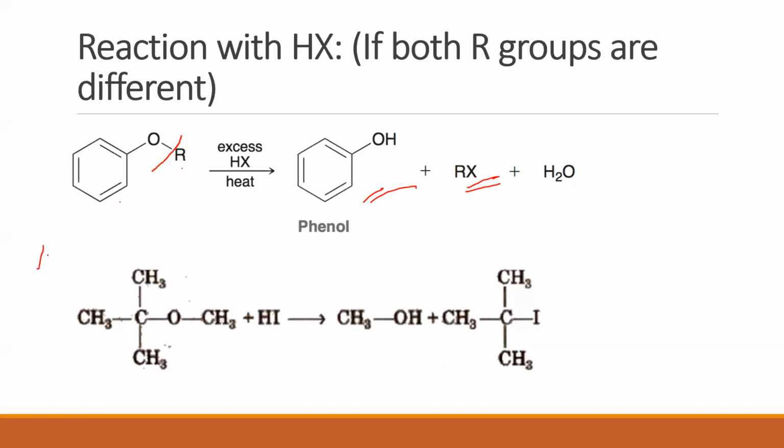Got that? Then coming to one more example. Now this example is important. I want you to focus on this example. Is this a simple ether or a mixed ether? Yes, super. This is a mixed ether, which means both the R groups are different. Now, what did we just say before? If both the R groups are different, where will the bond cleave? Yes, the bond should cleave between the smaller R group and oxygen. And which R group will form the halide? Yes, the smaller R group will form the halide. Clearly understood all that?